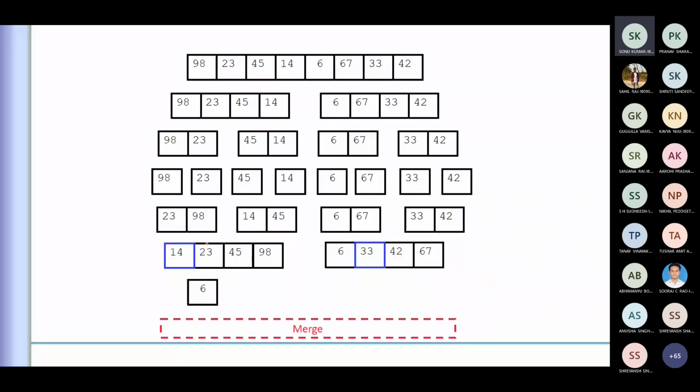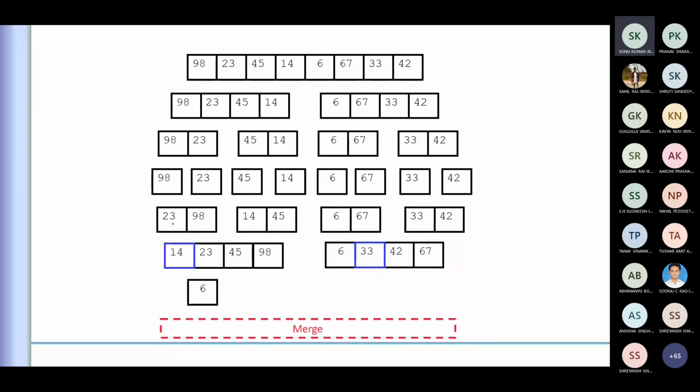See, in the next iteration, 6 is put as a smaller value, so it is placed. But in the next iteration, this 14, don't see the content here. If I see pointer-wise, the first element of the first half will be compared with the second value of the second half. If the 14 happens to be smaller than the second value here, it will be placed. I agree, but why are we not required to compare it with the second element of this? Because it is already taken care of here.